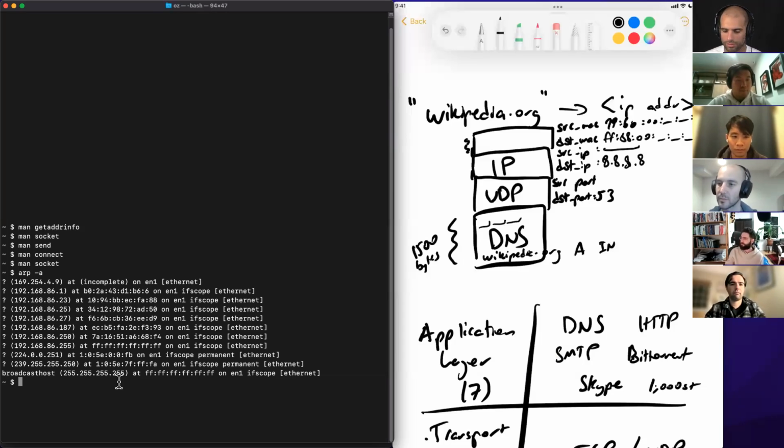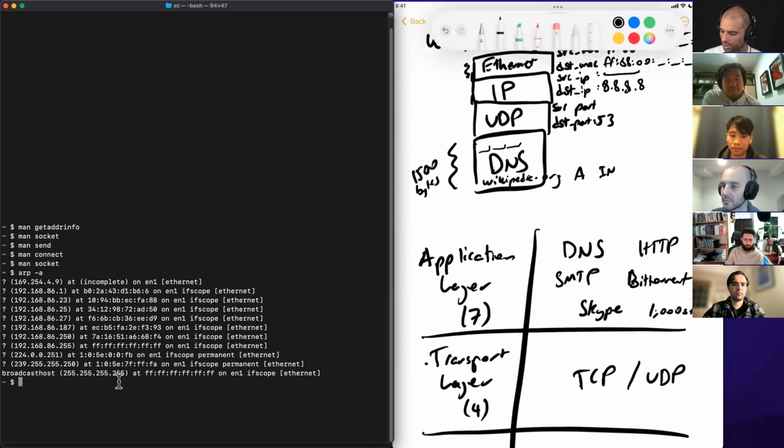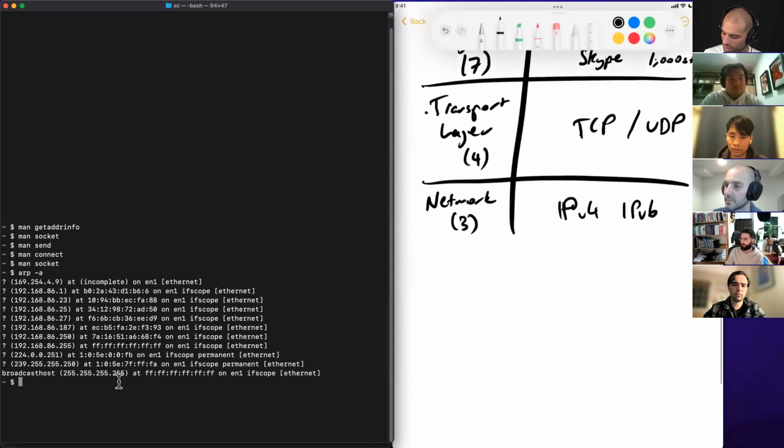Ethernet. Maybe Ethernet is one. And let's just, in each case, pick an example. DNS is an example of an application layer protocol. UDP is a transport layer protocol. Let's fill this out. At layer 3, we have the network layer. We still have choices at this layer: IPv4, IPv6, etc. If we go down further, we have the link layer,